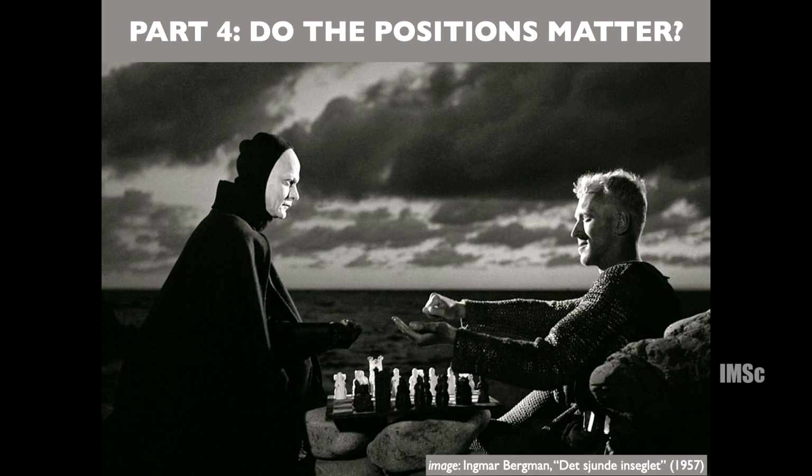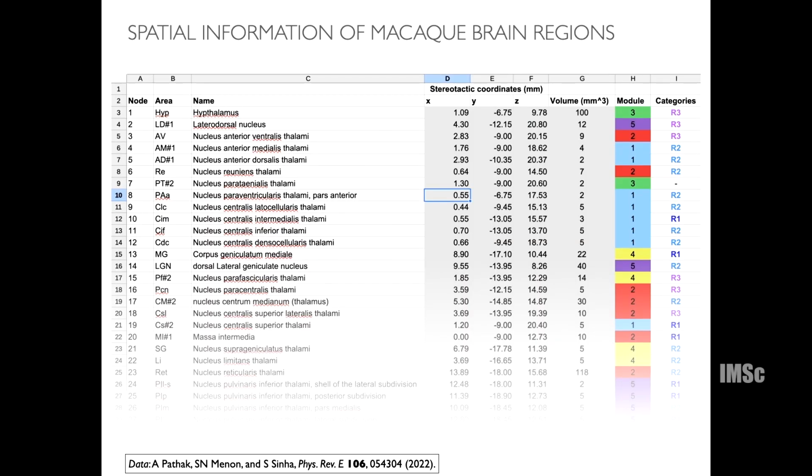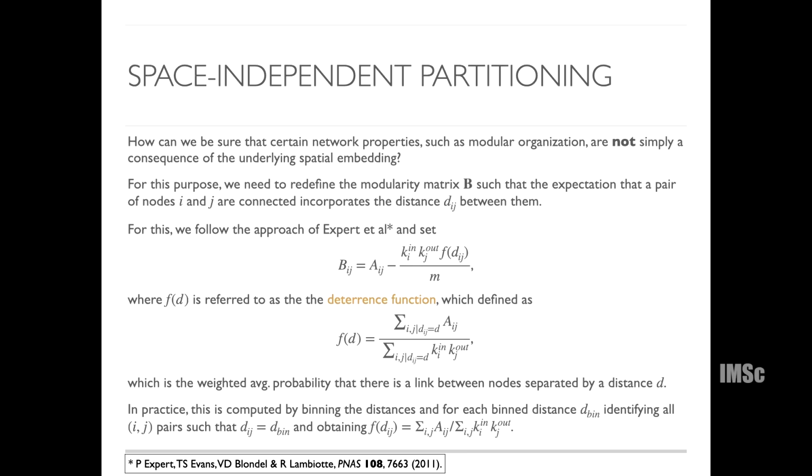But this does not consider the fact that the regions of the brain, I mean, we know where they are. We know that there are some which are closer to others, some that are further away from others. As I mentioned yesterday, Anand had found, through a detailed literature survey, the coordinates of the centers of each of these regions. They are of course different sizes, so these are all approximate, but we know what the physical locations of these are, and so how can we be sure that certain properties such as modular organization are not just simply some